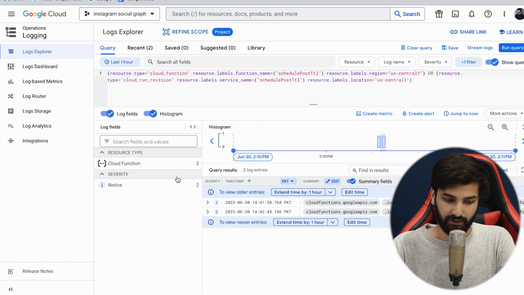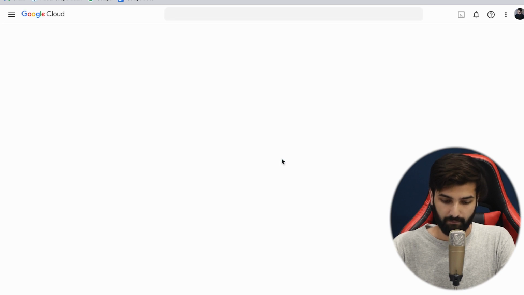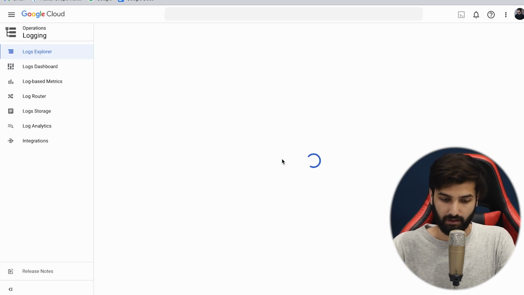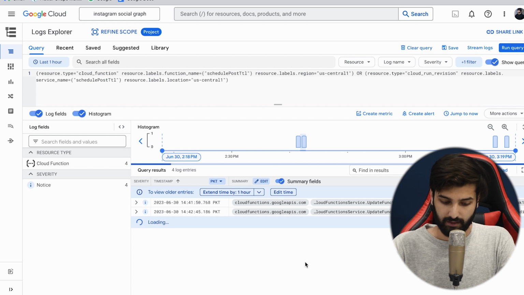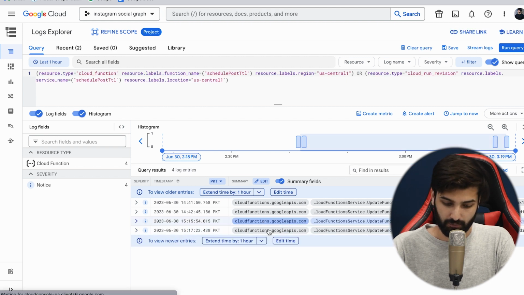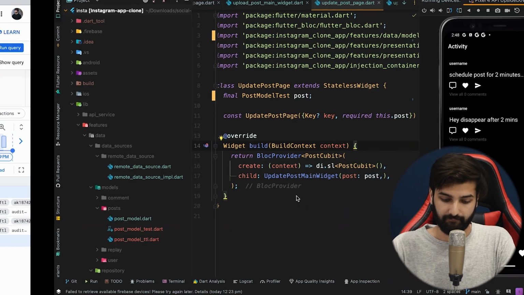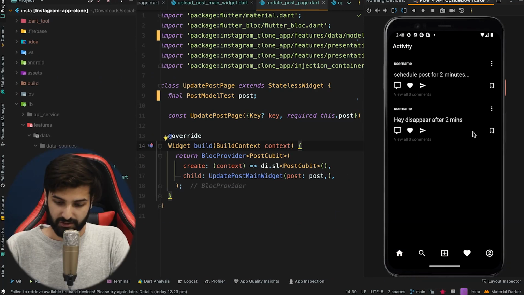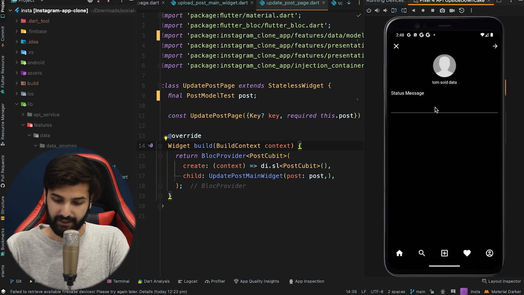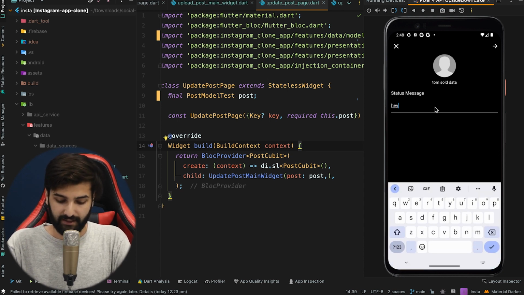And now also here, reload this for seeing some other logs. And yes, we got 2 more message logs of the function is deployed again. Now having this, let's go for testing it again. So these 2 posts will remain in here, and let's go and create one more post and say, hey, now I am really going to be